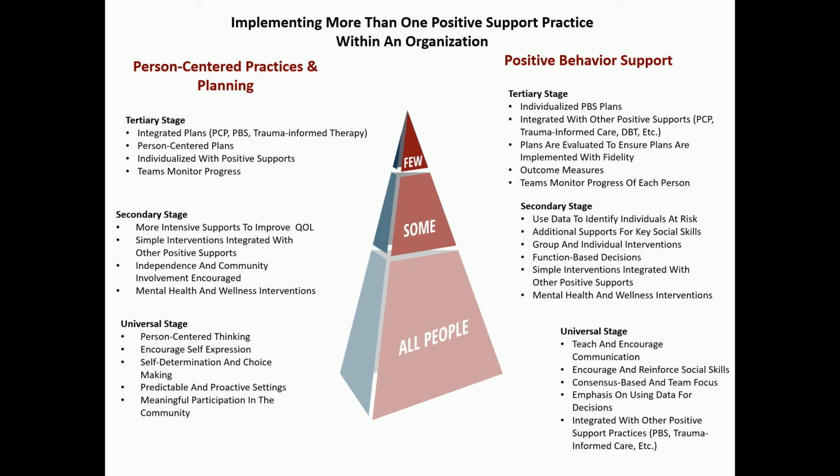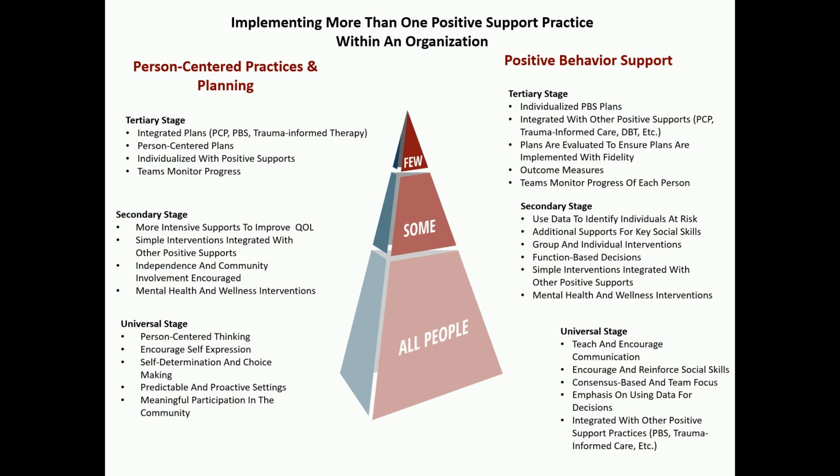As people require more support and move up through the levels of the tiered model into the secondary and tertiary levels, it is important to remember that they still receive all this good stuff going on at the universal level. In that way, you can think of a tiered model less as separate sections and more as layers, meaning that if people require additional support at higher tiers, they get the support at that higher tier in addition to, not instead of, the universal practices.